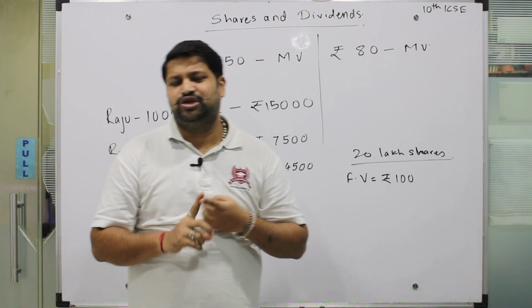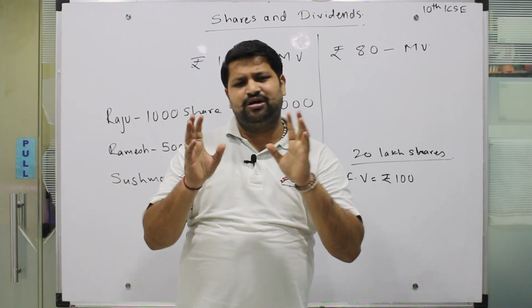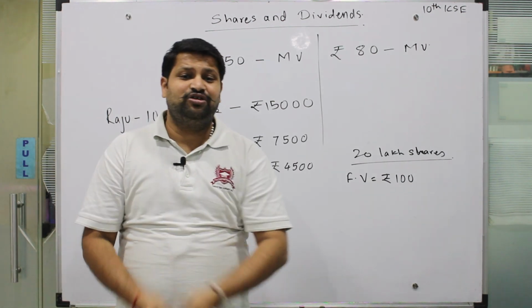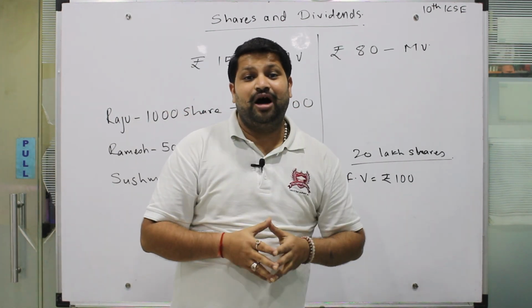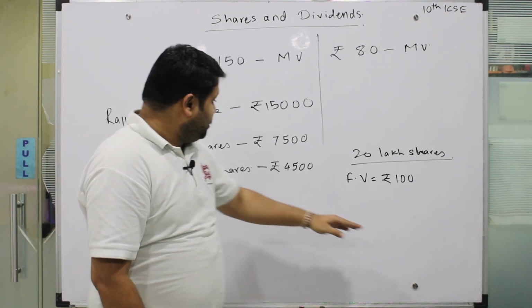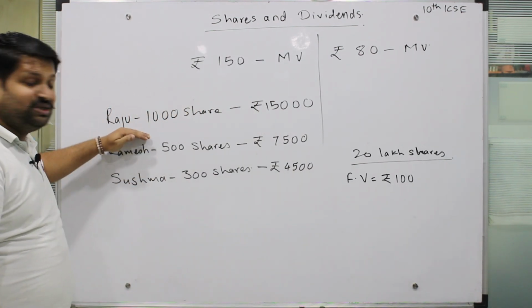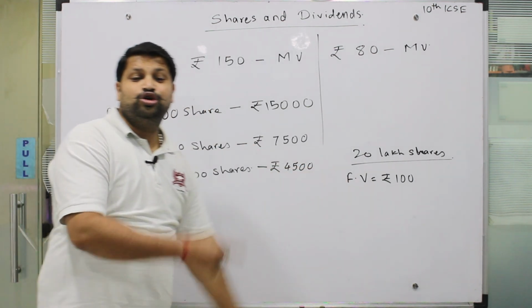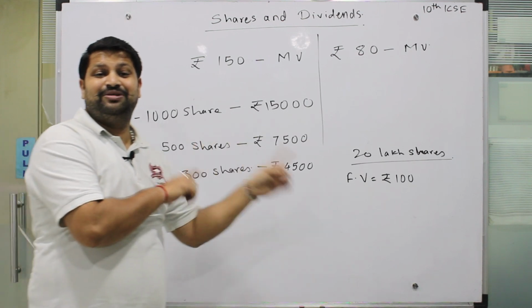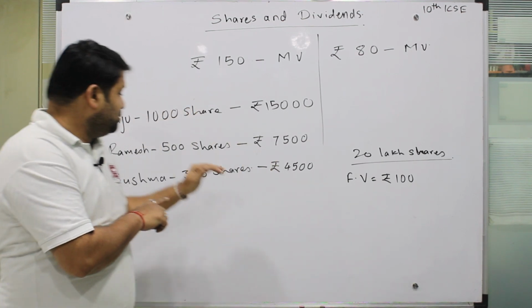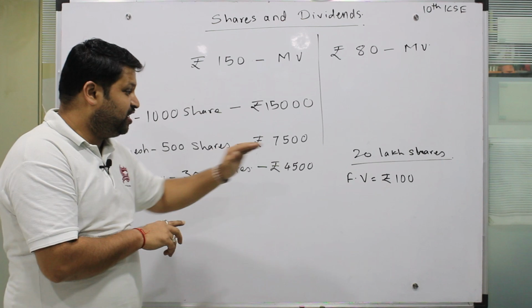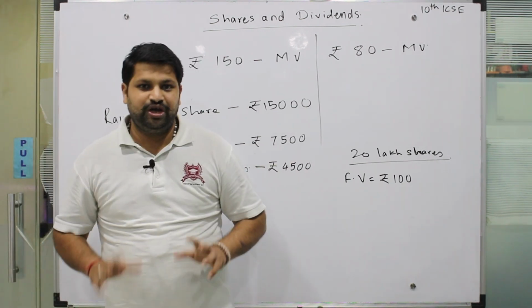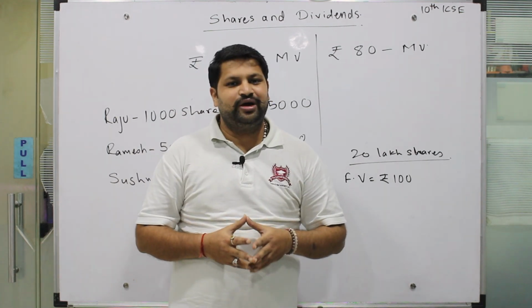first formula that we use is the sum invested. बड़ा सिंपल सा फॉर्मूला है, sum invested means the number of shares that you have bought multiplied by the amount of the share. तो यहां पर जो अपन ने पिछली बार कैलकुलेट किया था, राजू ने 1000 शेयर लिए थे, 100 रुपए का एक शेयर था, so Raju has invested, the sum invested by Raju would be 1 लाख रुपीज, the sum invested by Ramesh would be 50,000 and the sum invested by Sushma would be 30,000. सो ये हो गया how we are going to get the sum